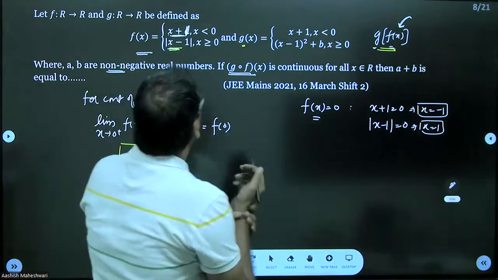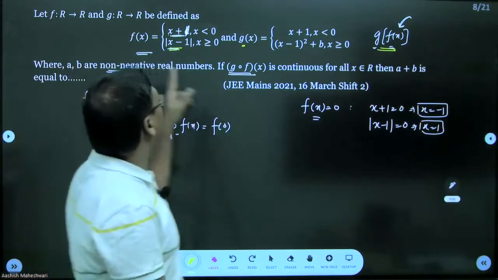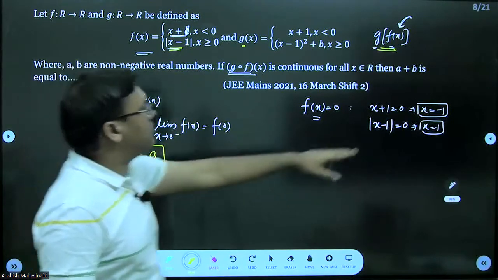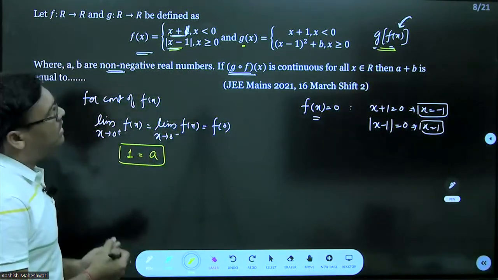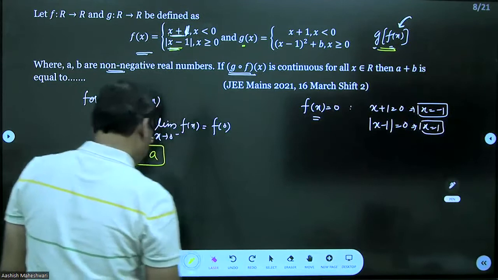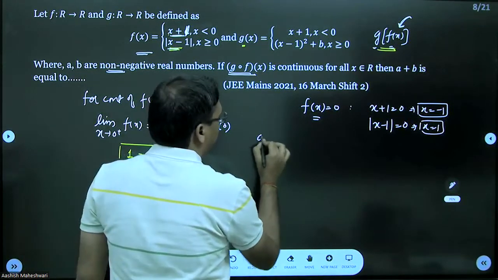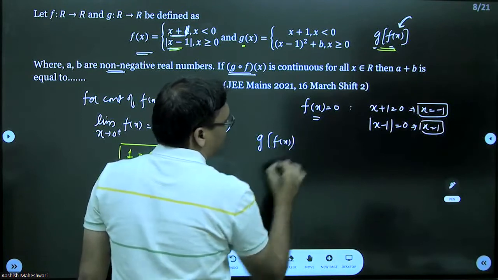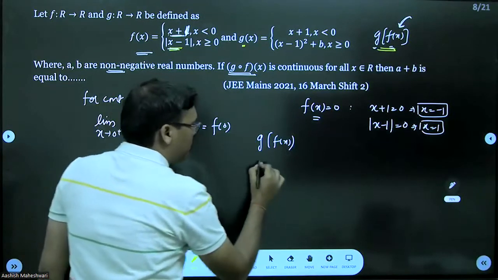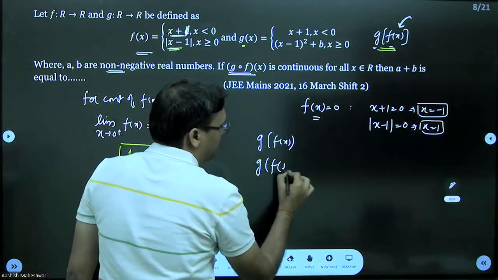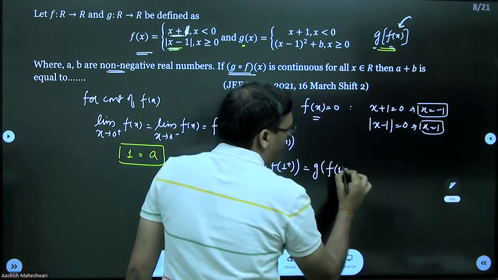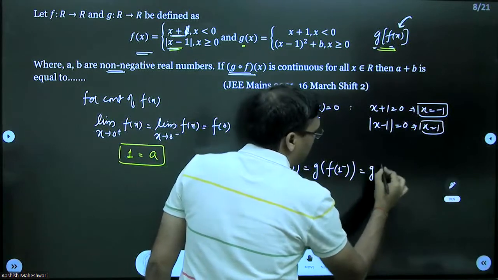तो आप कैसे बनाएंगे, देखो x is equal to 1, एक सेकेंड एक बार चेक कर लेते हैं कैलकुलेशन, fx is equal to 0, x minus 1 is equal to 0, that is x is equal to 1, और x plus 1 equal to 0, that is x is equal to minus 1, correct, हाँ बराबर। so now see, if I say we have g of fx, I want to make this function continuous at x equal to 1, इसका मतलब क्या हुआ, g of f of 1 plus should be equal to g of f of 1 minus, this should be equal to g of f of 1,